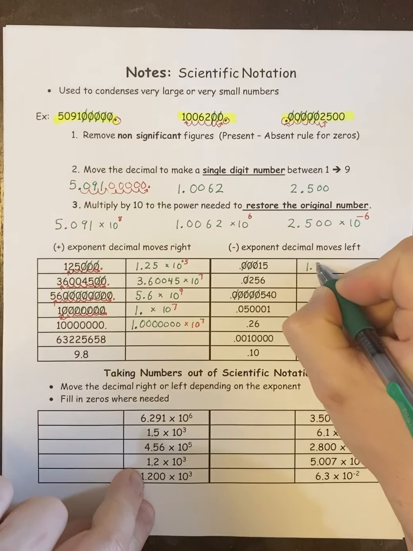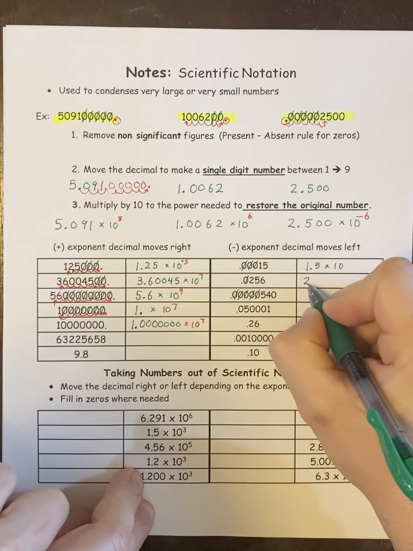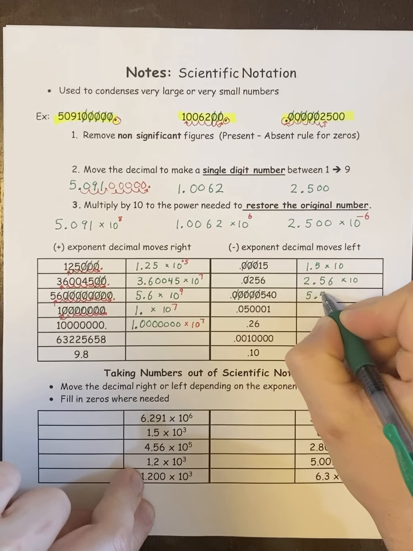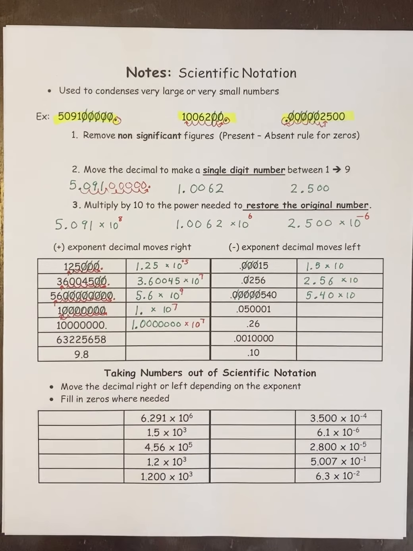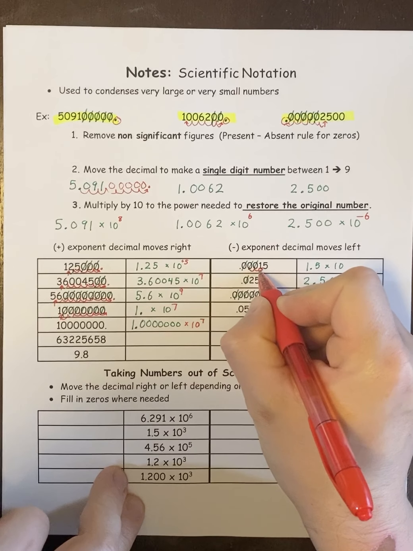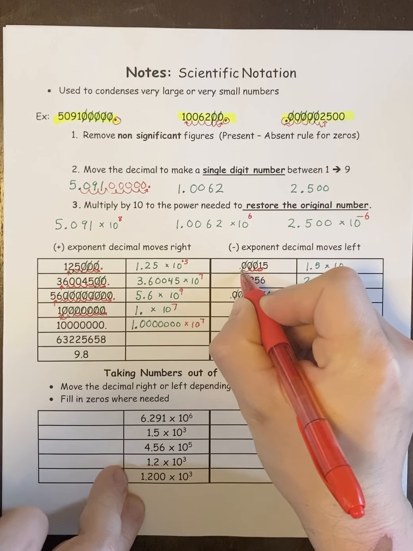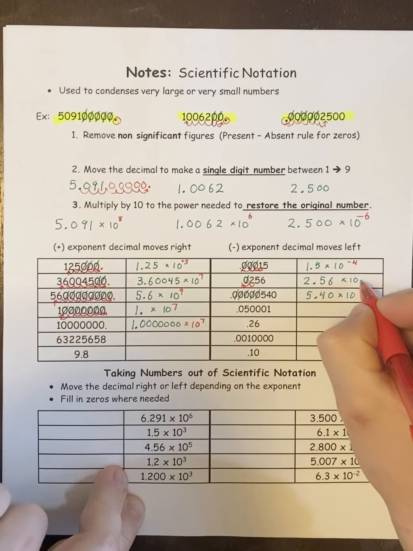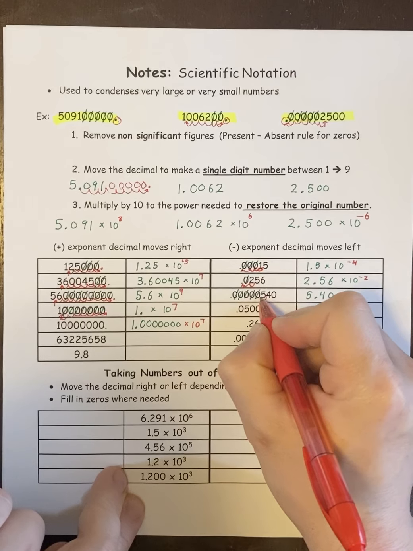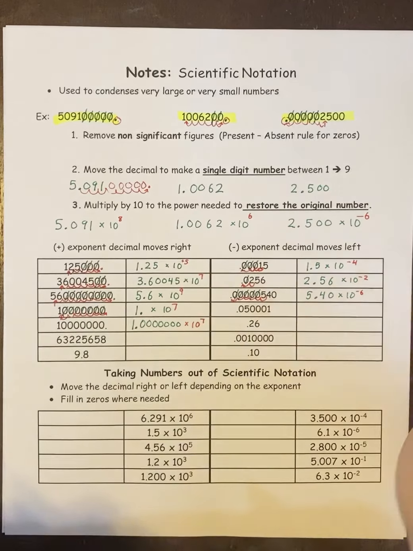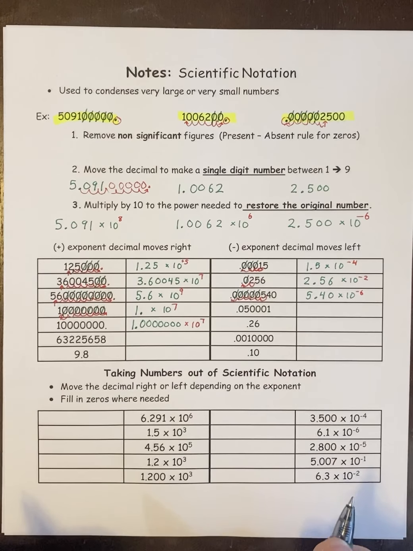So this is going to be 1.5 times 10, 2.56. And then we just have to figure out how many we move them. So here we went 1, 2, 3, 4 to the left. Here we moved it 1, 2 to the left. Here we moved it 1, 6 to the left. The common question, or the ones that students usually have a large problem with, would be